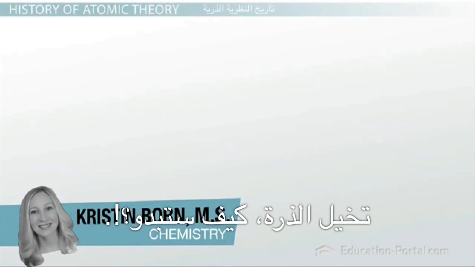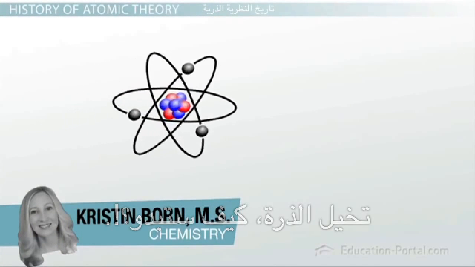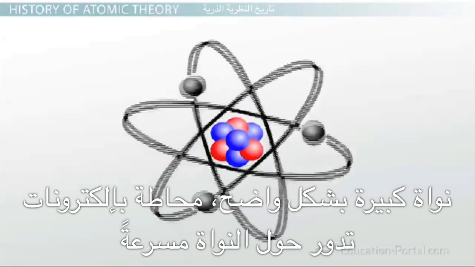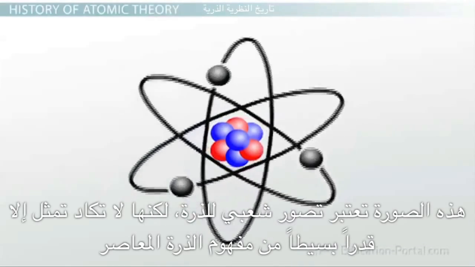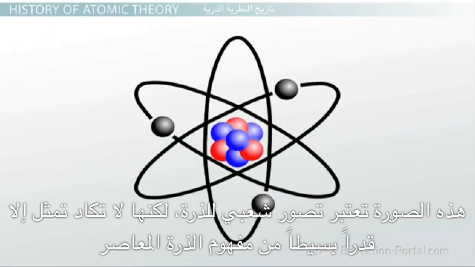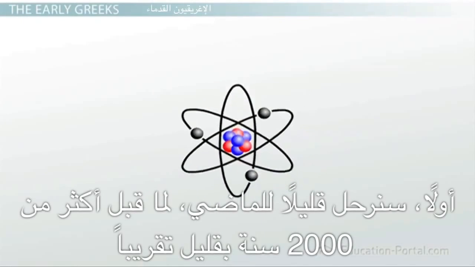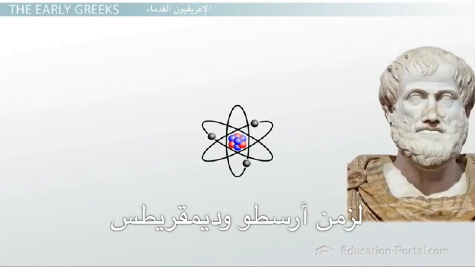Picture an atom. What does it look like? Most likely it will resemble something like this. A fairly large nucleus surrounded by orbiting electrons whizzing around the nucleus. This image is a popular icon of the atom, but it only vaguely represents our current model of what the atom looks like. First, we are going to travel back a little over 2,000 years ago to the times of